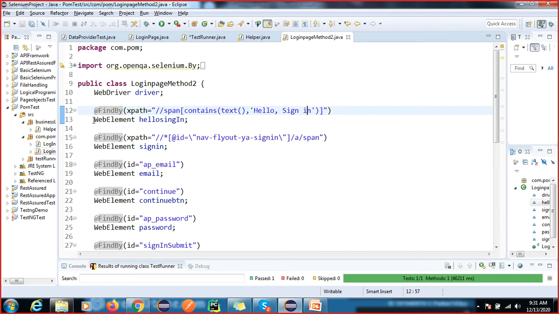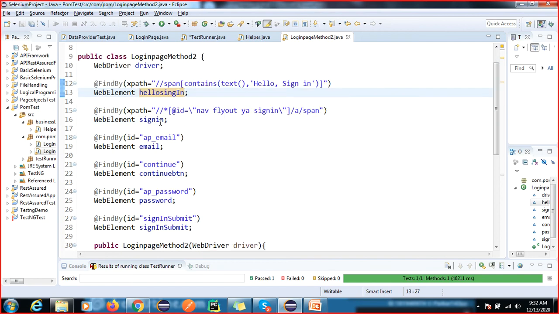Here you have to give the return type, and you can give any reference variable name, but this reference variable name you have to follow as per your coding standard. If you do not follow it and you have 100 or 200 test cases, and a test case fails, then you have to debug your code.